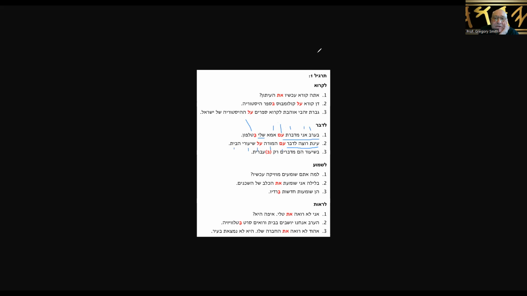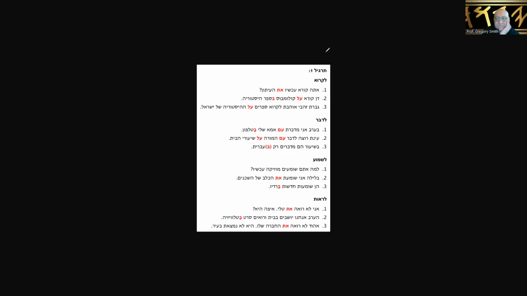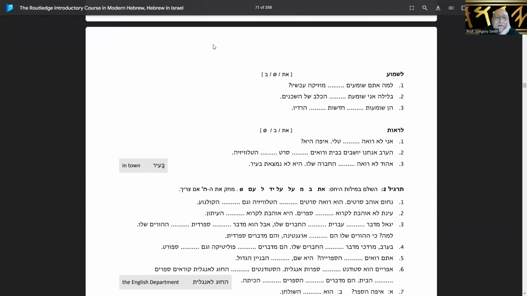Okay, let's take a look at this one here. Oh, look at this, right? This was my first impulse to put a bet there, so I didn't get that right. It's not that there's not a definite article there. It's that we have to put the bet there because it's be'ivrit, it's in Hebrew. Bashiorhem merabarim. Okay, so in the class they are speaking rach only be'ivrit, in Hebrew. Okay, all right. I guess it pays to go with my first impulse on these things.